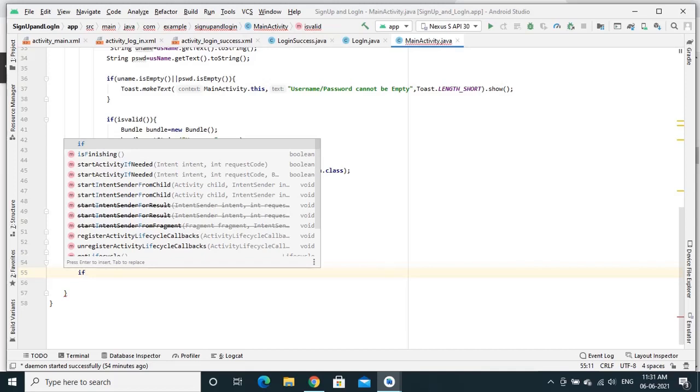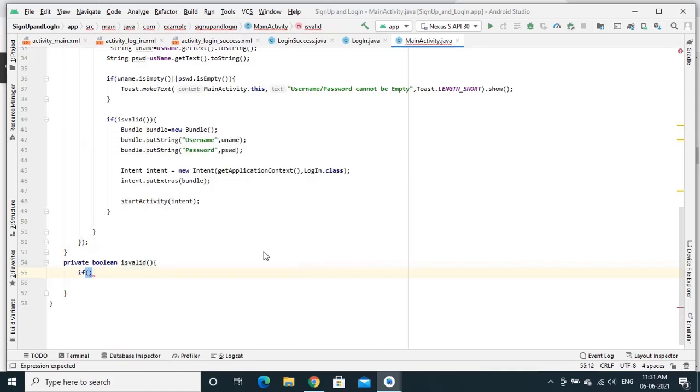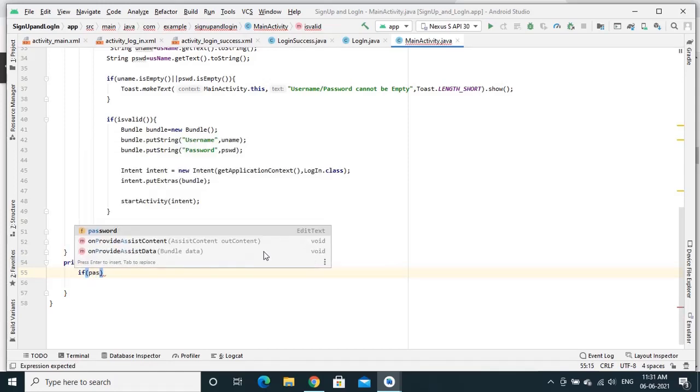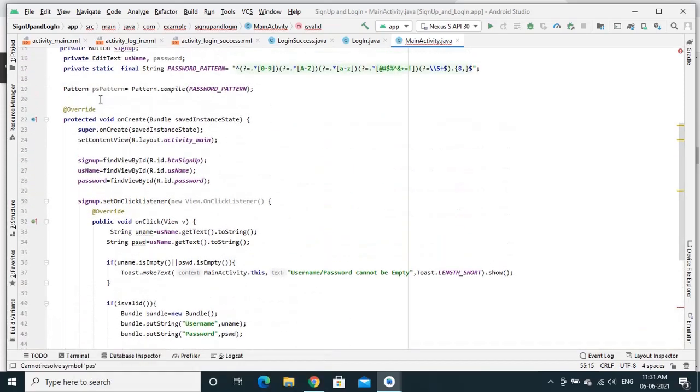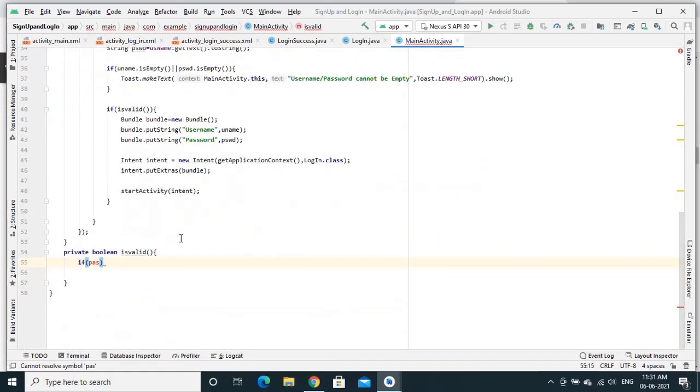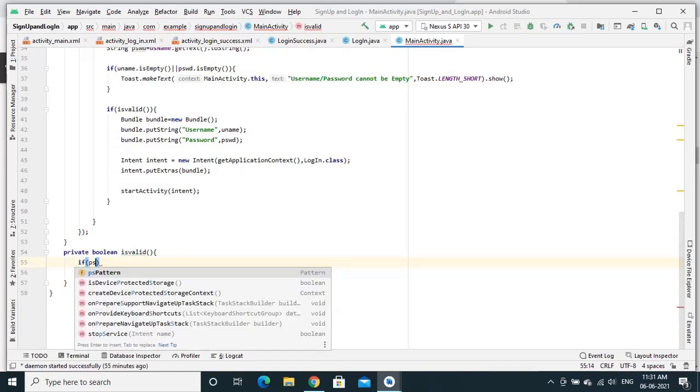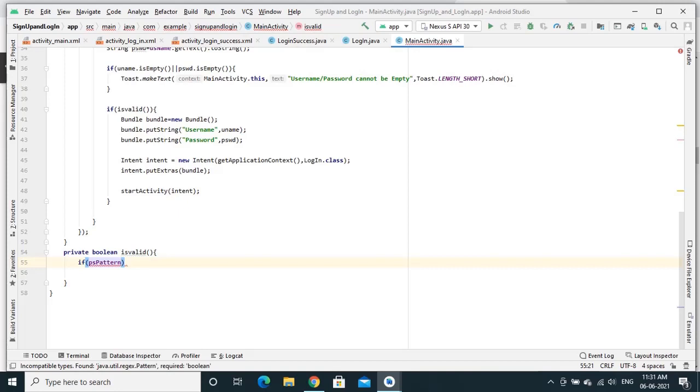So if the PS pattern, I have already compiled the pattern here, that is nothing but PS pattern. With that I need to check the pattern matching. So PS pattern dot, we have a function called matcher, which will create the matcher for this particular compiled regular expression.